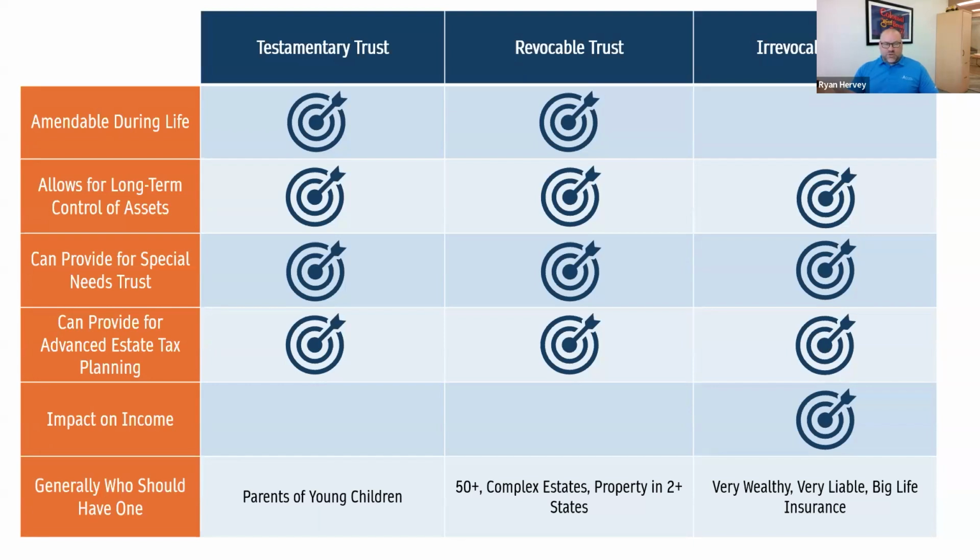So while we've done some of this really future planning, only one of these three trusts is going to have an impact on your income tax. The reason is, when you're doing a testamentary trust, again, it doesn't exist. So I'm just living my life normally, filing my own tax return. I make my own money. I own my own stuff. A revocable trust is typically going to have your social security number as its EIN, or its taxpayer identification number. Because of that, when you go to file your taxes, it's as if the revocable trust doesn't exist.